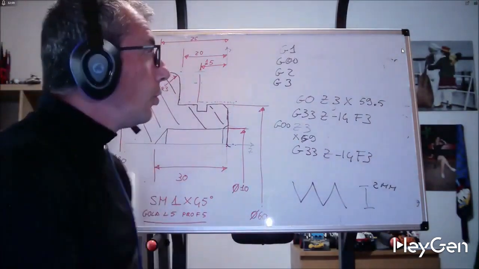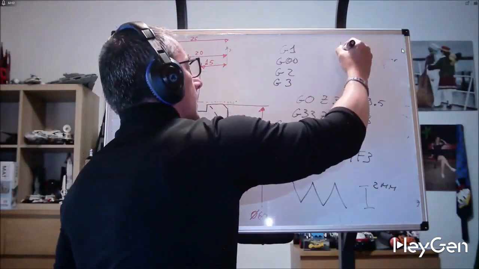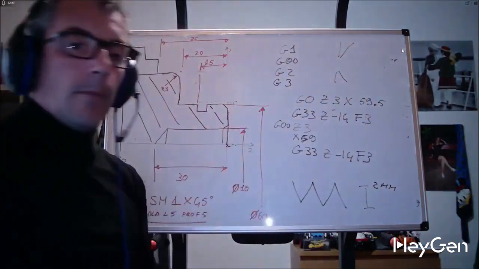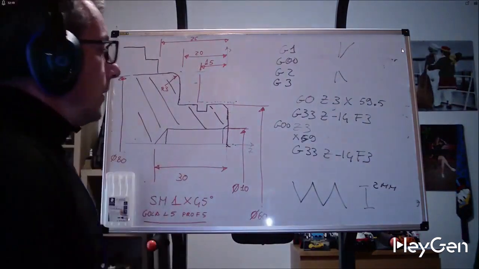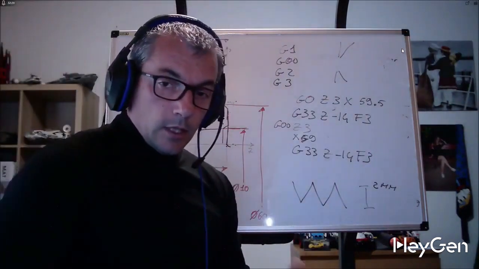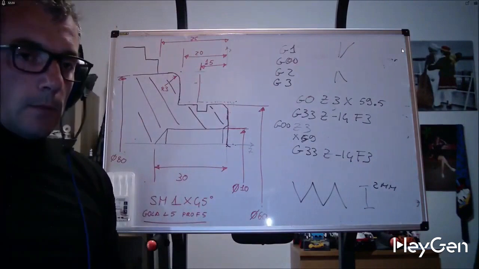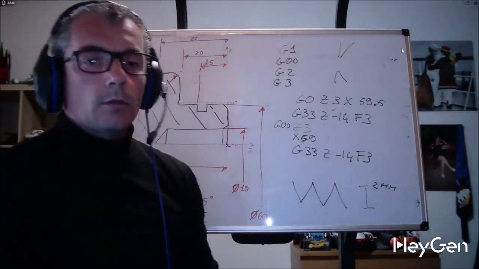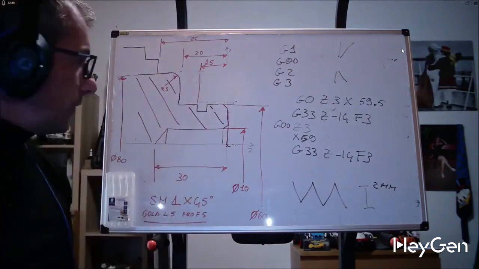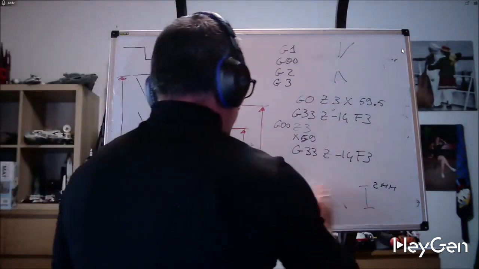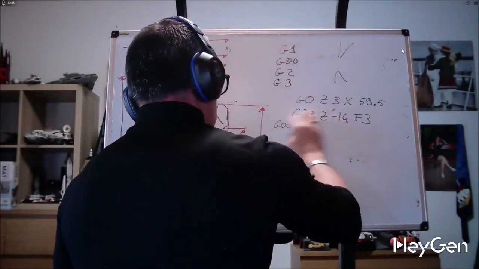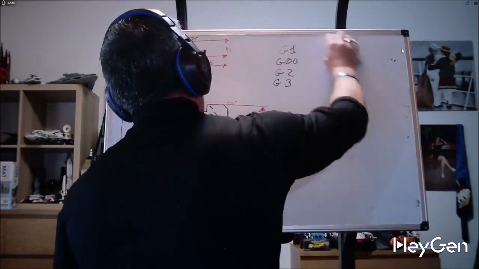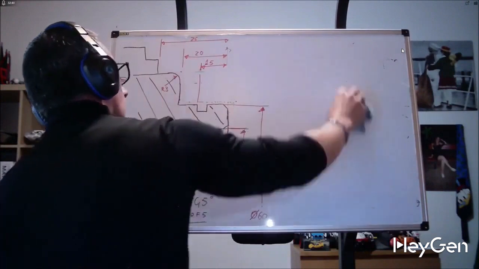So with G33, at this point, you are able to perform external threading or internal threading with a threading tool, but not with a tap. This is why at this point the macro, the fixed threading cycle, comes to our aid. So what are these macros? What are these fixed cycles? Fixed cycles. And this is where it gets